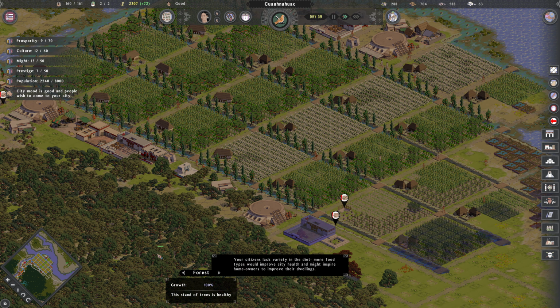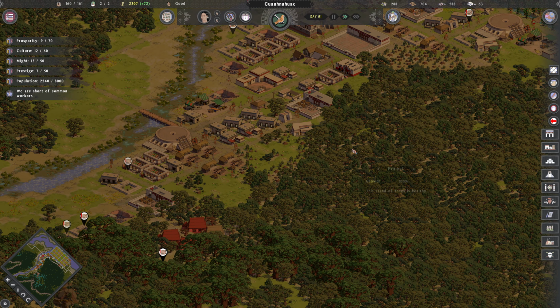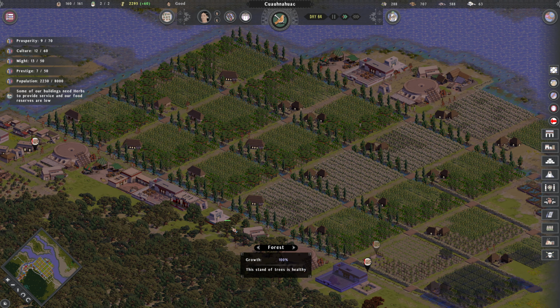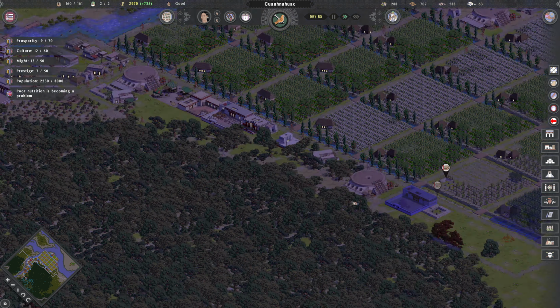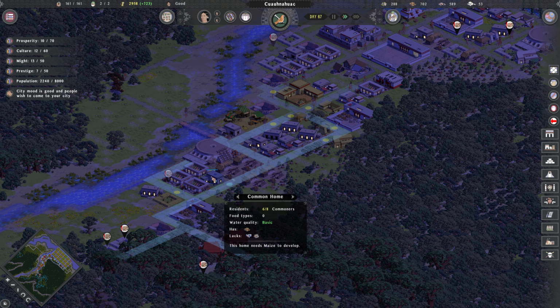Our citizens are lacking variety in their diet. Well, at least now they have a diet. That's an improvement. So we're okay with that. And they'll have variety in their diet. We are, in fact, growing chili and fruit. So that's all underway. I want to check in on cotton buds because we do have all of these cotton